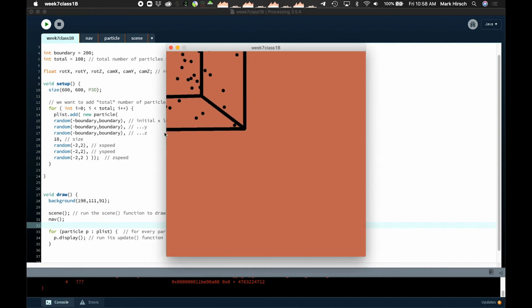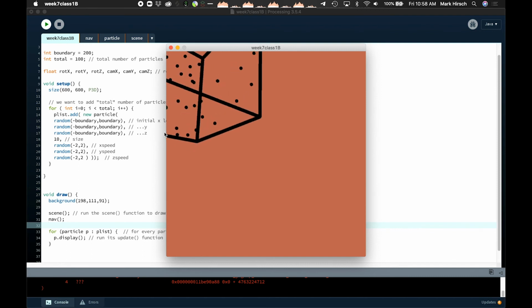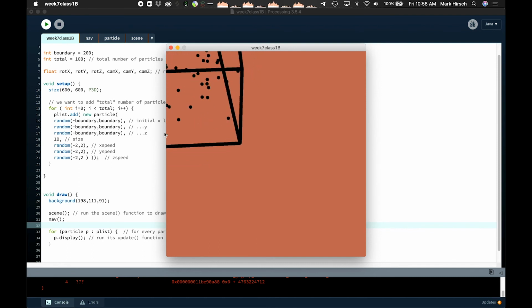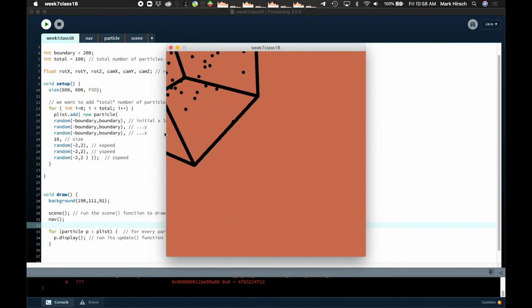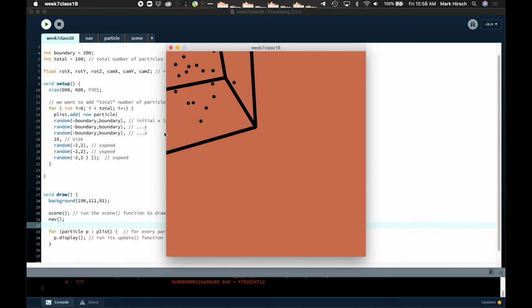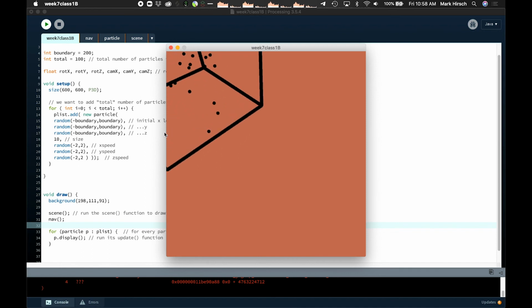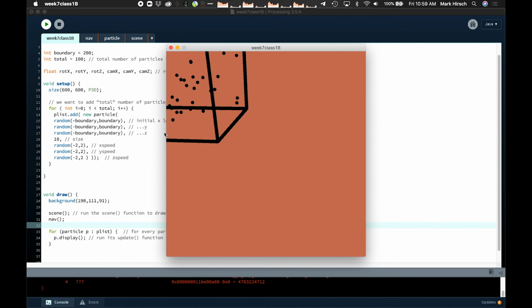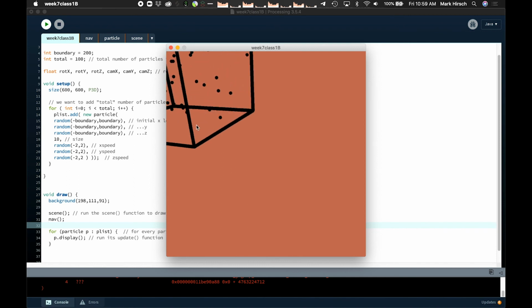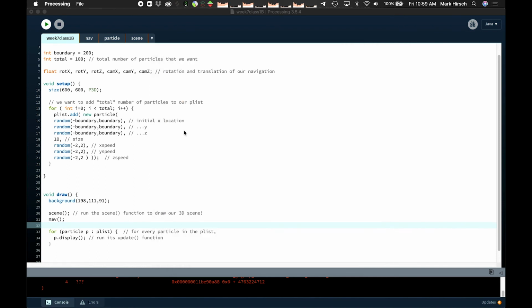Okay, now we can see that we are getting some movement here with our keyboard. Great, we're getting some rotation. Now we're still kind of getting this unfortunate origin up in the top left corner. So there's a couple ways to solve that, but one thing I like to do with